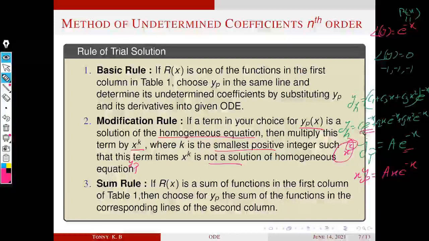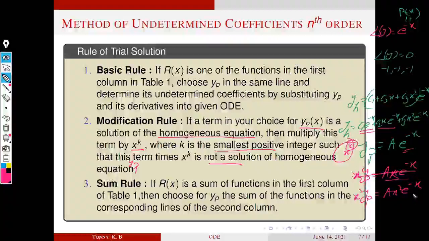Yes. If we choose c1 equal to 0, c3 equal to 0, then we get c2 x e raised to minus x. That is same as our a x e raised to minus x because a and c2 are constants. No problem. So x is not enough. Then we consider x square into YP. That is, this is our YP, so x square into YP is a x square e raised to minus x.